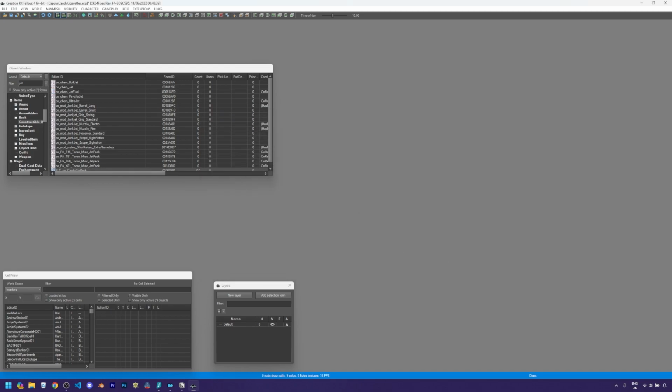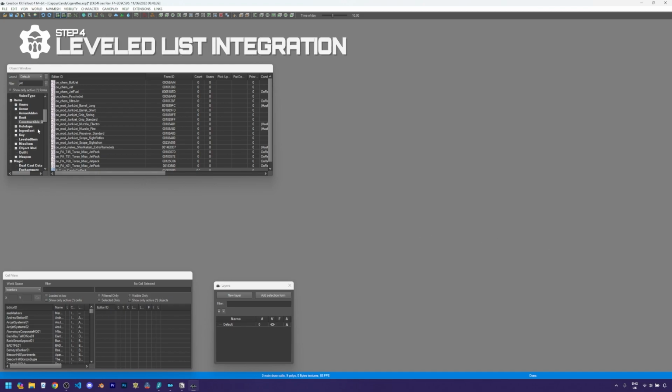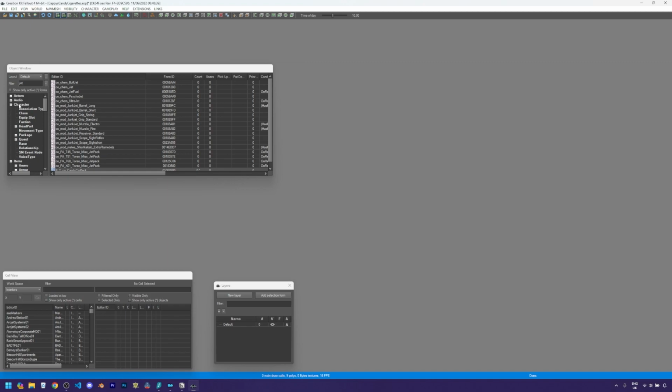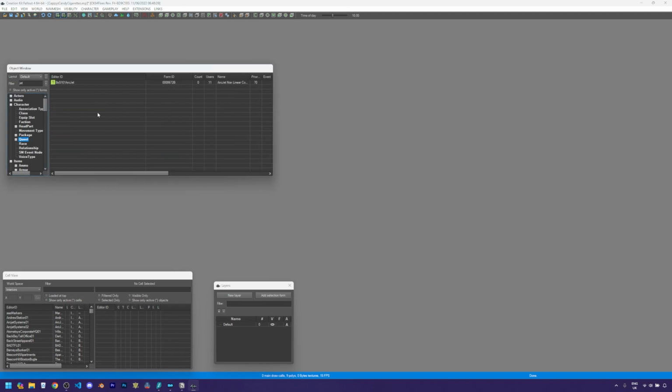So now that we can craft our item, if you want to see it out in the world, we need to add it to some levels lists. This will allow you to find it in random loot while exploring. For this, we need a quest. In the object window, come to character, and then quest, and right click, new,